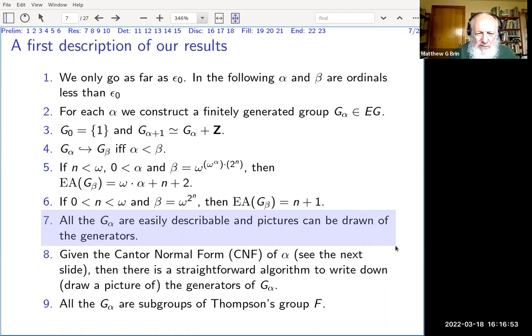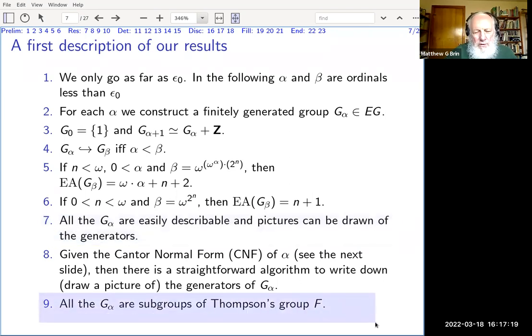And if you hand me an ordinal in Cantor normal form, which will be explained in the next slide, then there's a procedure that can be followed to actually write down the group, not in terms of generators and relations, but in terms of very specific homeomorphisms acting on the unit interval, which is why they end up being subgroups of Thompson's group F, which is the one and only time during the talk that I will mention Thompson's group F. Okay,